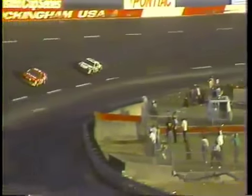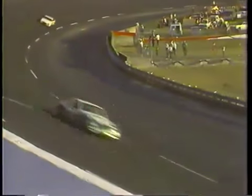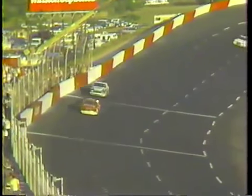Elliott a little bit more conservative now. When he comes out of turn number 2, he doesn't put that Ford as close to the wall as he had during the race. Again, with the 4-car length lead, he works in turn 4. Elliott has really driven a smart race. He has not allowed himself to get pinned up in traffic in these final laps here this afternoon,